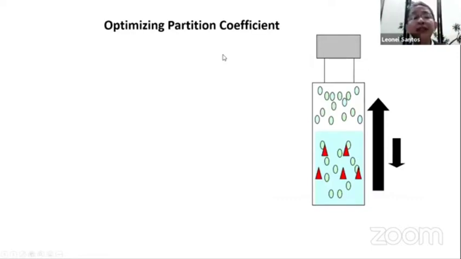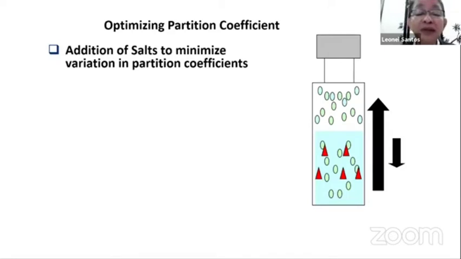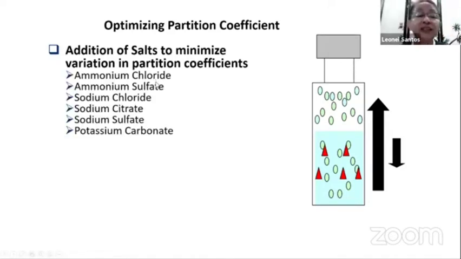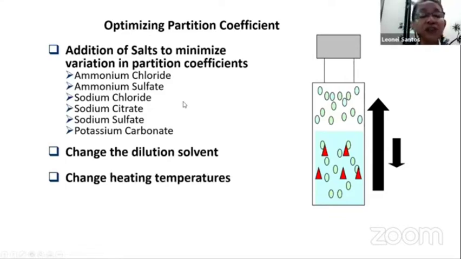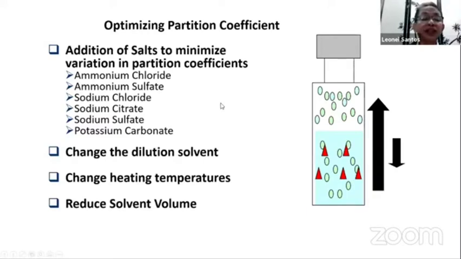You can optimize in terms of the partition coefficient. You can optimize the system by adding salts to minimize the variation in the partition coefficient. For example, you have different residual solvents in your sample, and this lists some of the salts that you can use to minimize the variation. You can change the dilution solvent, for example. You can change the heating temperature, and also you can reduce the solvent volume so as to increase the concentration,